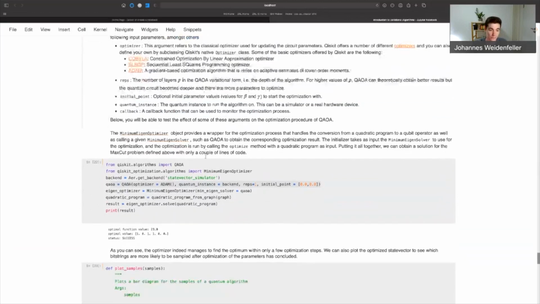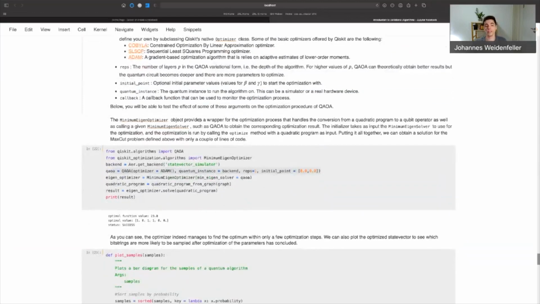Okay. One more thing we need is the minimum eigen optimizer object. And this is basically a wrapper for the whole optimization process. What this does, you can see here, it takes as input a minimum eigensolver. One possible minimum eigensolver is QAOA, but we could also plug in a different variational quantum algorithm.